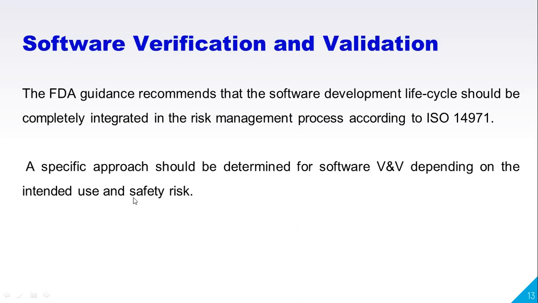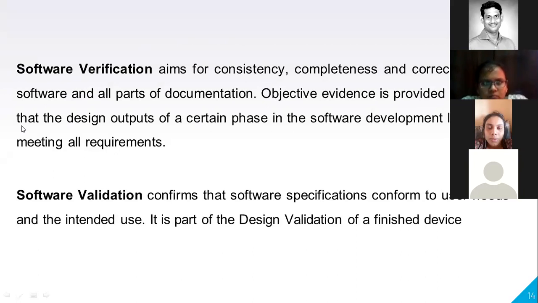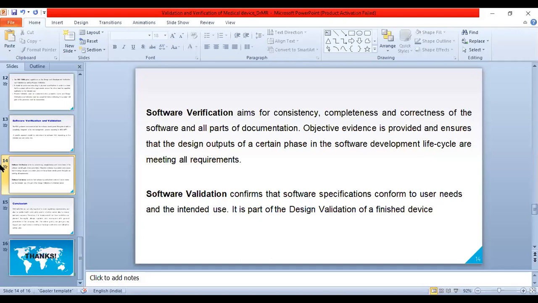It's an entirely separate course, how software can be verified and validated, but there is a separate approach. See, now we can see in detail. The software verification aims for consistency, completeness and correctness of the software and all parts of documentation. Objective evidence is provided to ensure that the design outputs of certain phases in the software development lifecycle meet all requirements. Similarly, validation is also needed. So